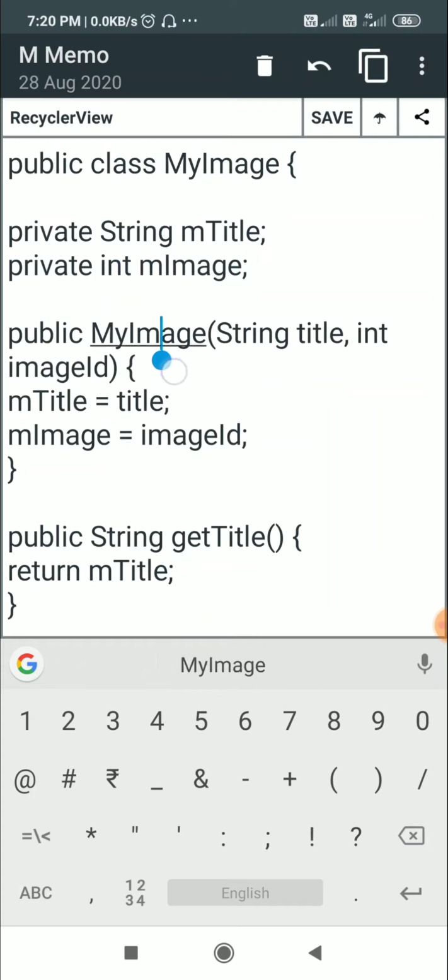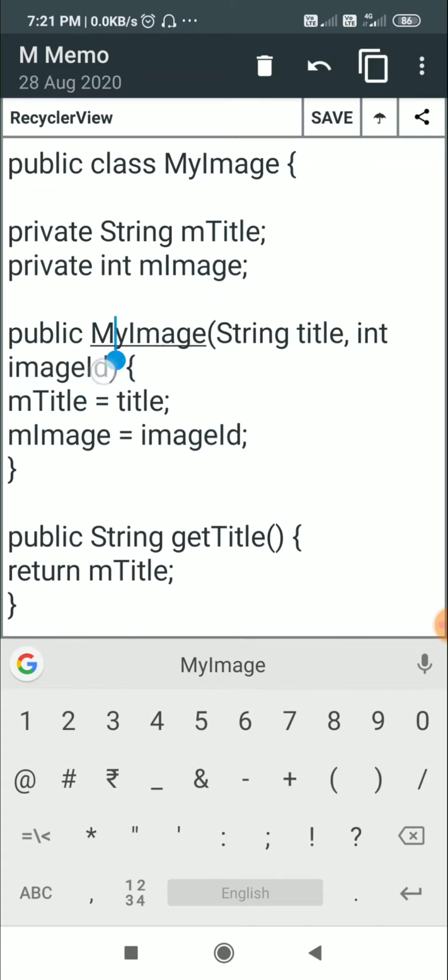Then I have this constructor for this class myImage. The constructor takes a string variable and an int variable. The string variable here is title and int is image id, and here I set this mTitle to the title in this constructor, and I set mImage to the image id which we put here.